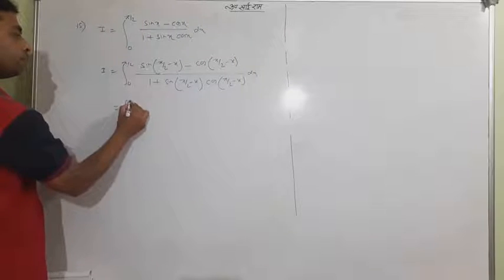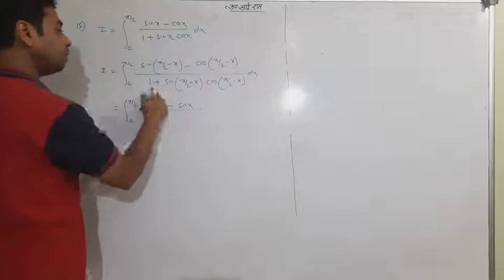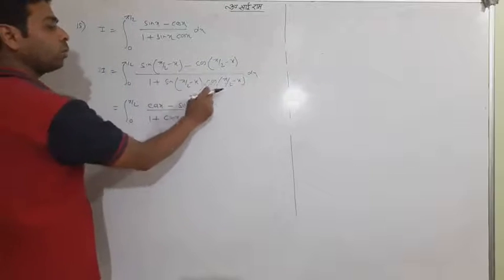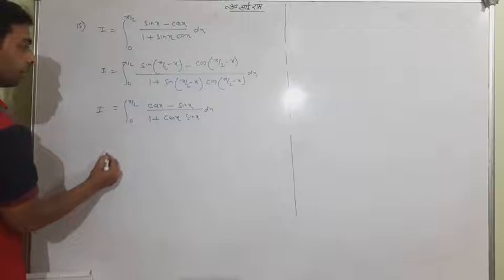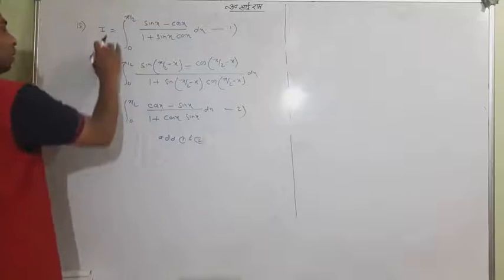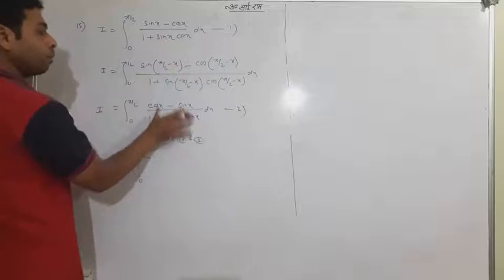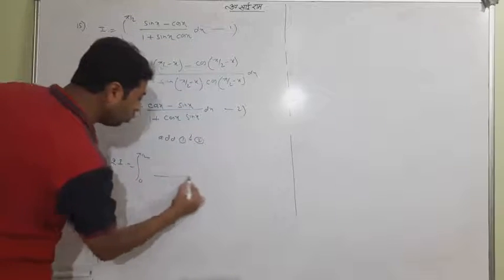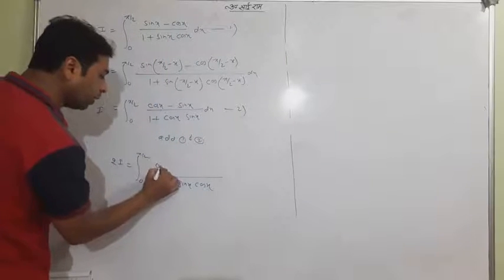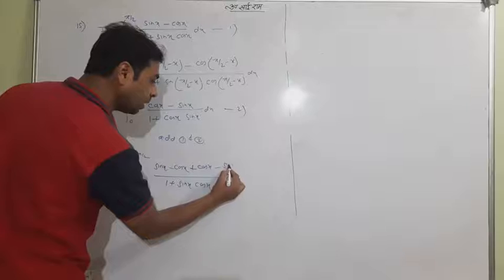Then after this, sin 90 minus theta is cos theta, cos 90 minus theta is sin theta. This is cos x and this is sin x. You know sin 90 minus theta, cos 90 minus theta, sin theta, and this is I. So finally, I would speak again one thing which you know very well: add 1 and 2. What a good answer we are having. Can we see that 0 to pi by 2, you know its denominators are the same, 1 plus sin x cos x, 1 plus cos x sin x, so the LCM will be the same. So can we write the numerator altogether as sin x minus cos x plus cos x minus sin x. That is simple.